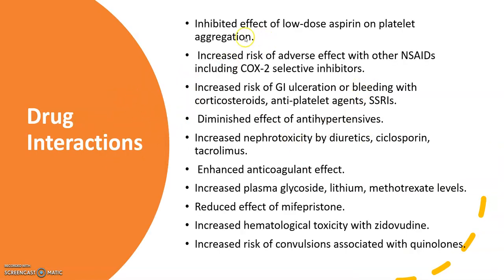Drug interactions. It has been shown to inhibit the effect of low-dose aspirin on platelet aggregation. So the wanted effect of aspirin to prevent aggregation of platelets might not be seen in patients taking ibuprofen. And then there is increased risk of adverse effects with other NSAIDs, obviously, including the COX-2 selective inhibitors such as celecoxib. There is increased risk of gastrointestinal ulceration or bleeding with corticosteroids, antiplatelet agents, selective serotonin reuptake inhibitors as mentioned